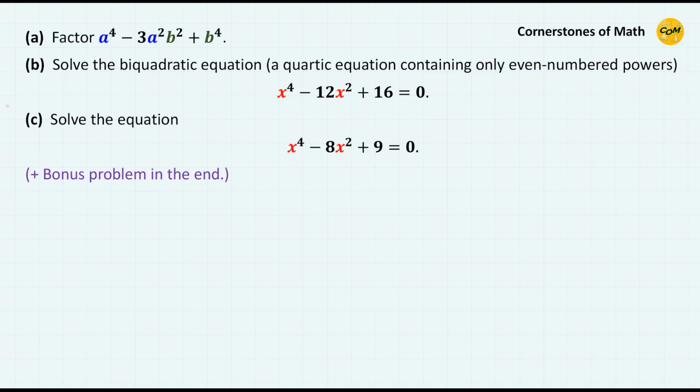Today we have these three problems. The first problem is a simple factorization, and in the second and third problems we have to solve some equations. So problem A is to factor the polynomial a to the fourth power minus 3a² b² plus b to the